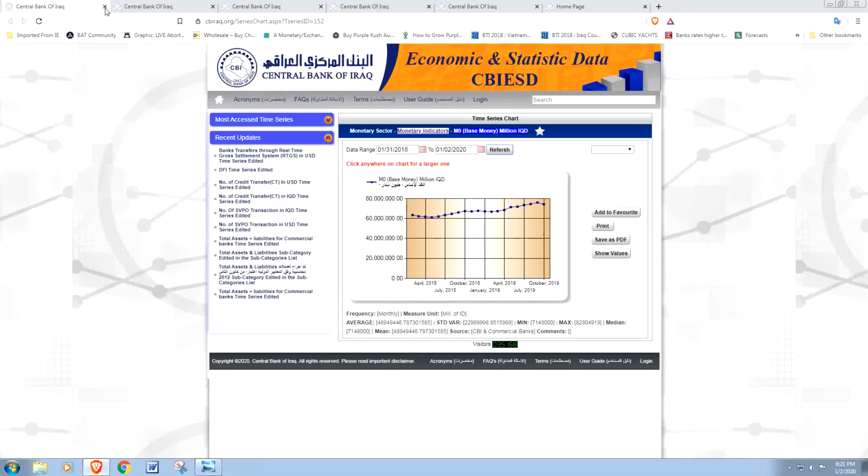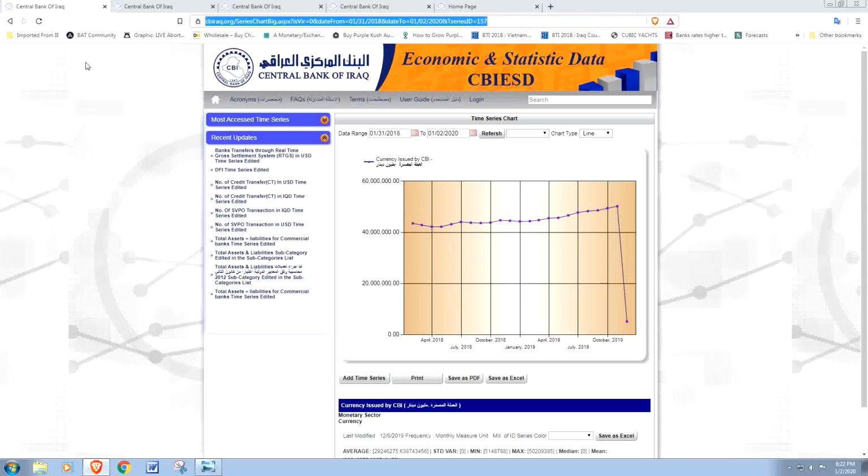If you go to the CBI website, they do have an M0 report. There it is, the M0. It's current all the time. If you look on there, the M0 report matches what the other M0 report says. So there's 74 trillion dinars out there in a combination of assets as well as the dinars themselves. So I said, is there a way to find out how much money is actually out there? So Jeff, you actually had it right.